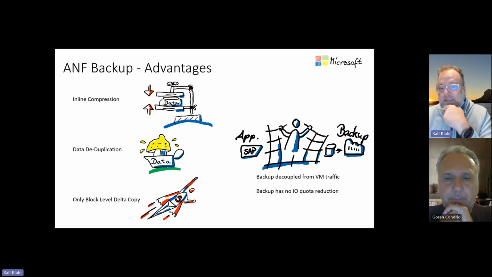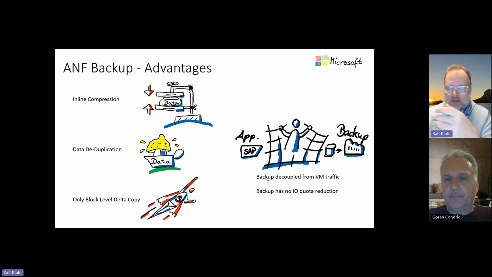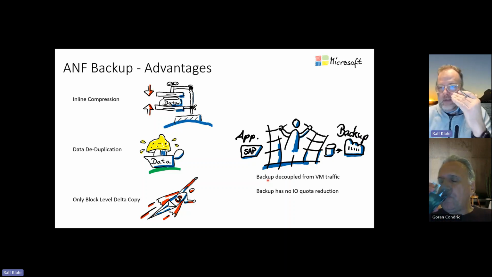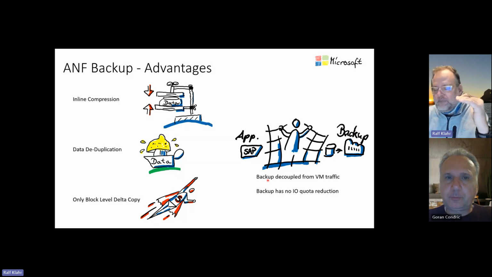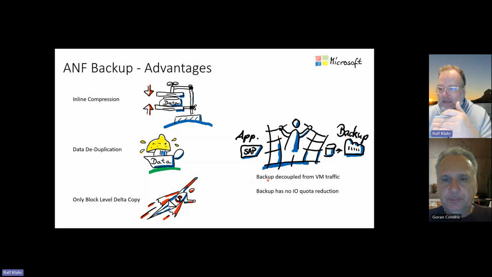Sure. Yeah, but two very important topics as well: normally when you have a streaming backup, regardless of whether you use an NFS backup or a backend backup, with Commvault or with Networker, for example, usually the client itself is backing up the data from the ANF volume, and that reduces the QoS settings. Remember, you have certain QoS settings for your ANF volume. For example, you have a gigabyte of throughput, and when the backup is taking 800 megabytes away from this volume, you have only 200 megabytes per second left for the database.